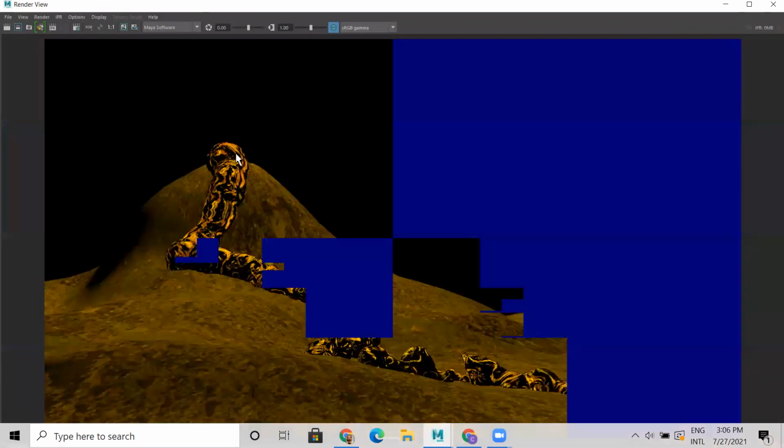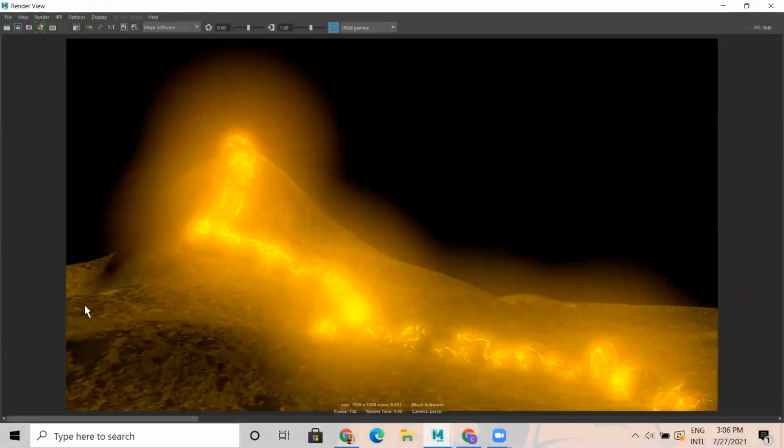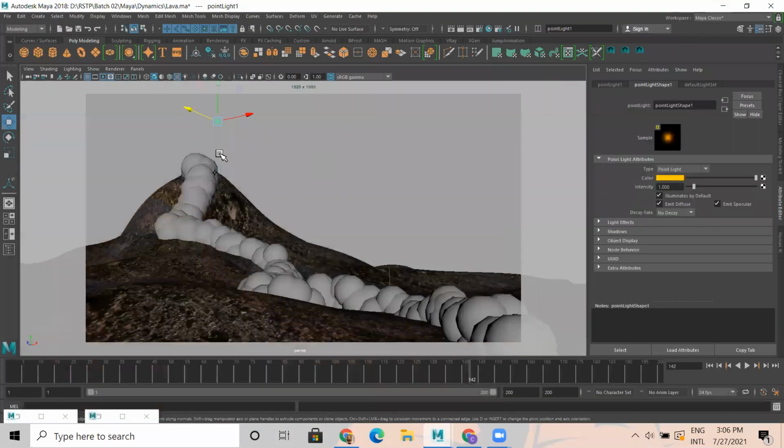You can add some sky. Okay, great, we got it. The glow part we can still reduce. It does look good if you do that. Try this.